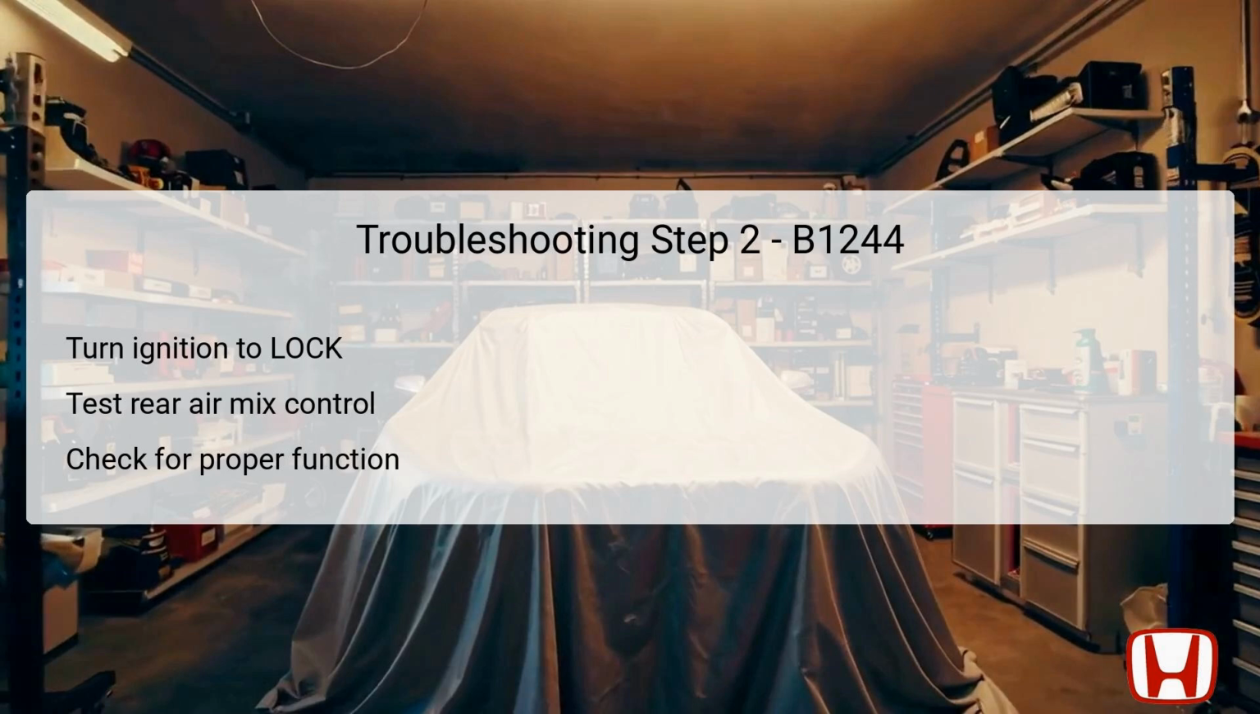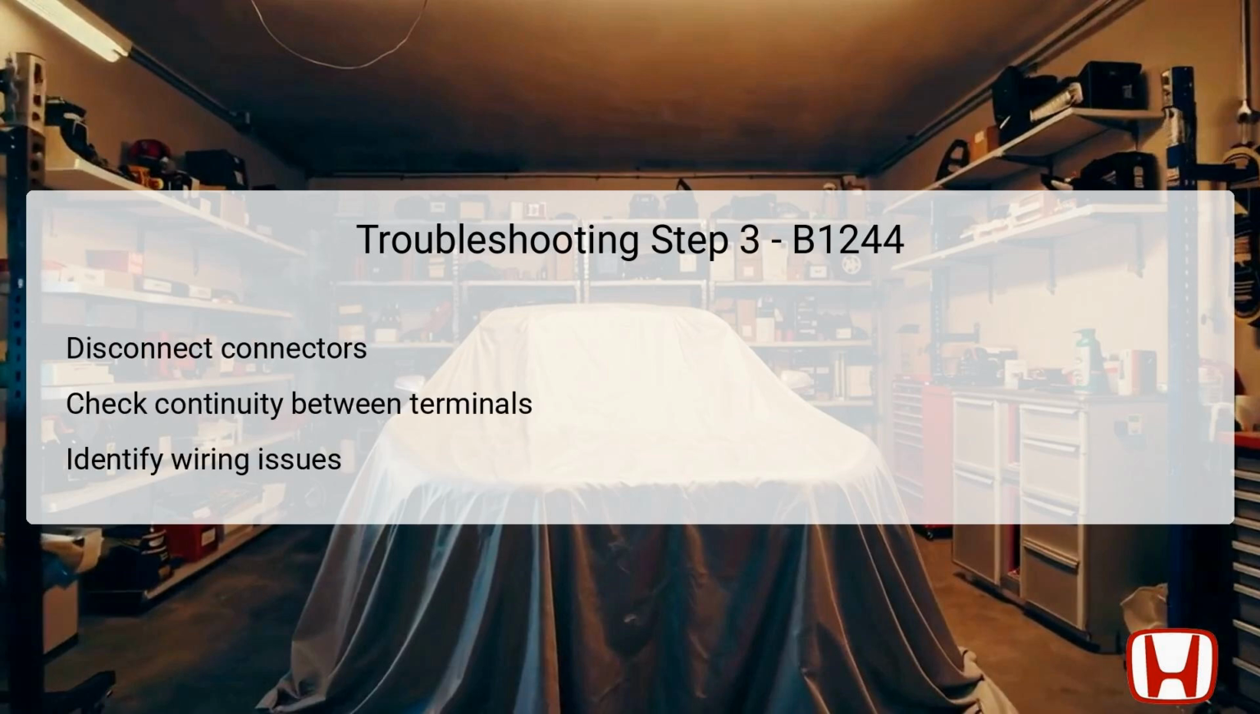It's crucial to keep this component in good working order as it directly influences cabin comfort and functionality of the rear air conditioning system. Timely replacement of any malfunctioning components helps in preventing further system breakdowns and enhances the reliability of your vehicle. Proceeding to the third troubleshooting step, you will disconnect the rear air mix control motor's 7P connector